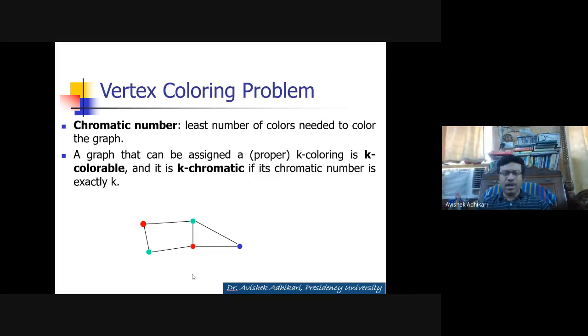So now I'll just give you another important term that is known as chromatic number. So in graph coloring, as you have seen, to color this, you can color by, so there are five different